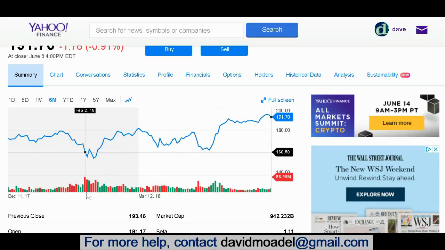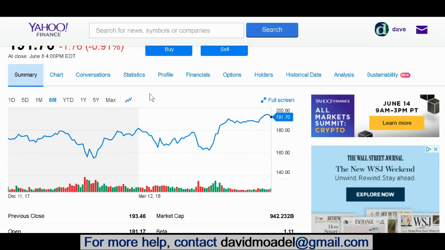And so here, actually not much later than that, we have a large green bar showing the volume. And so you have heavy volume here, a lot of shares of Apple stock being bought and sold, but that green bar means that the price was going up at that time. And so some people might predict after a large green volume bar that the price might continue to go up after that. But again, that's a prediction that is not 100% true all the time.